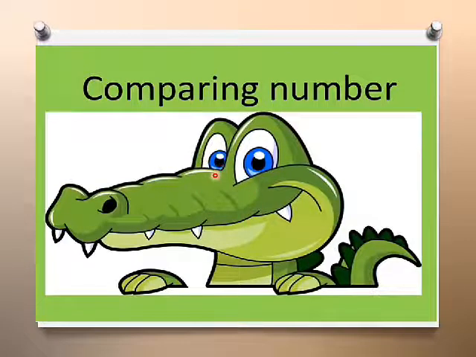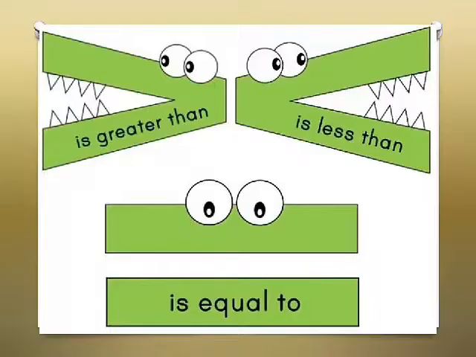Any guesses? I will tell you why it is given. Look at the mouth of the crocodile. How does it look? Yes, a long mouth. When it opens its mouth, it looks like the symbol of more than and less than. Isn't it? So we use the crocodile mouth to explain the terms more than and less than.